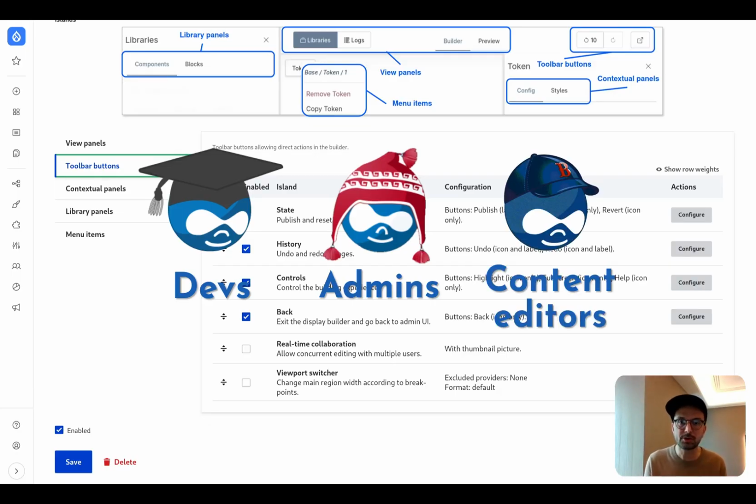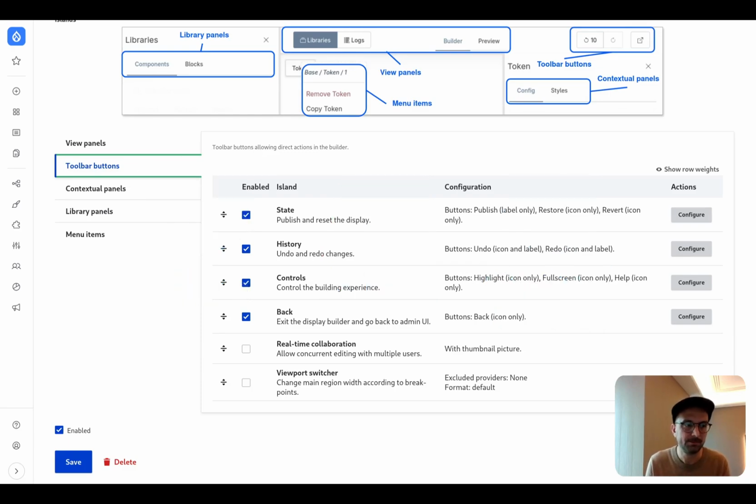And the content contribution team, because yes, Display Builder is also available for content contribution, they need the most streamlined experience possible. So you will be able to shape the perfect experience for each of them by creating different profiles and linking them to different user roles.